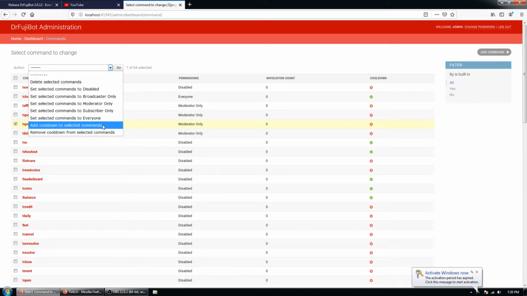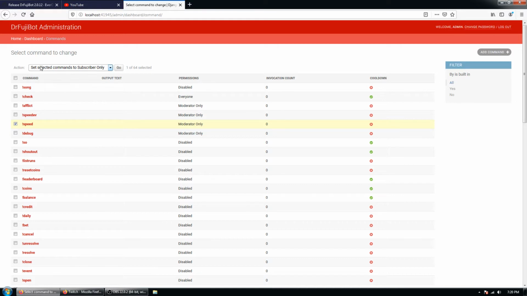And you can also add a cooldown. So if someone's spamming the commands too much, but you still want them to be available for everyone, you can add a cooldown of a few seconds so that anyone that attempts to use it again too quickly, it just won't do anything. So I'll change that one to subscriber only, for example, and then you can select go, and